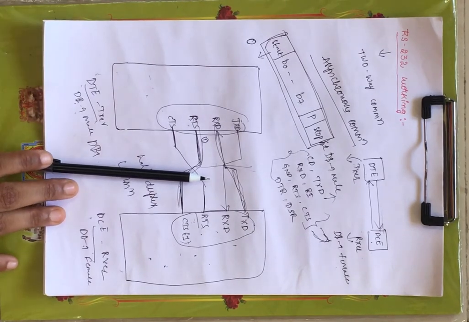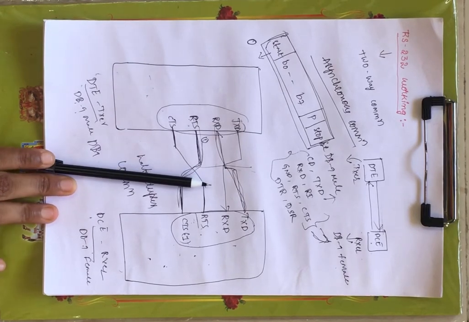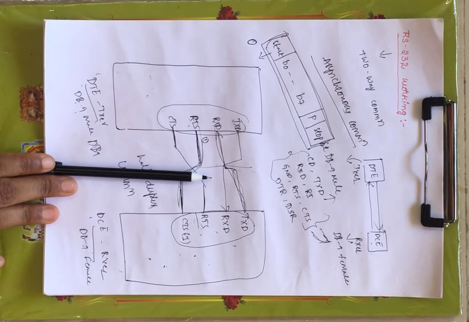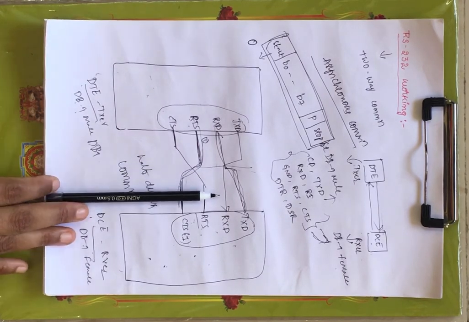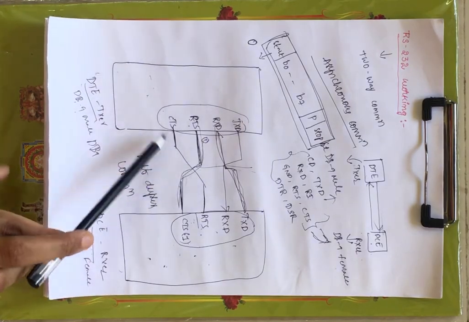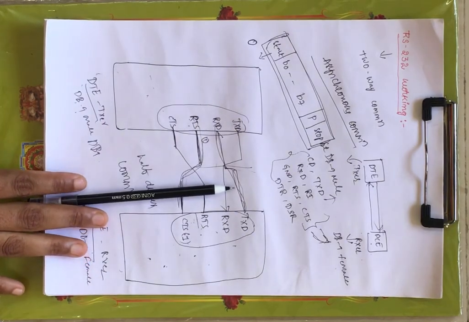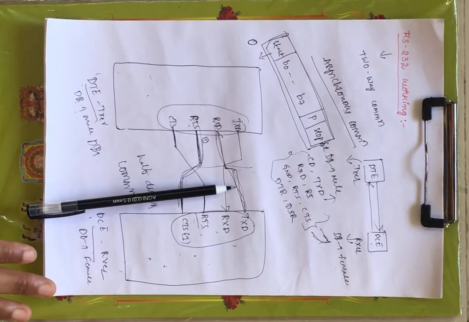In the next lecture we will see one more serial communication protocol which was introduced after RS-232. Now this supports asynchronous communication, and next we will see the serial peripheral interface protocol, SPI. Serial peripheral interface protocol also supports serial exchange of data between your DTE and DCE, but that supports synchronous communication. We have seen the asynchronous communication protocol, that is RS-232. In the next lecture we will see the serial peripheral interface protocol which supports synchronous serial communication.